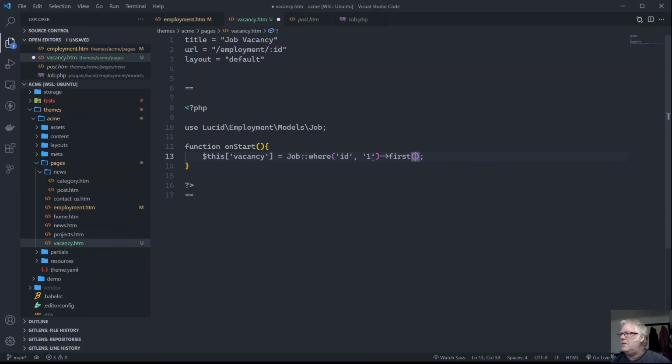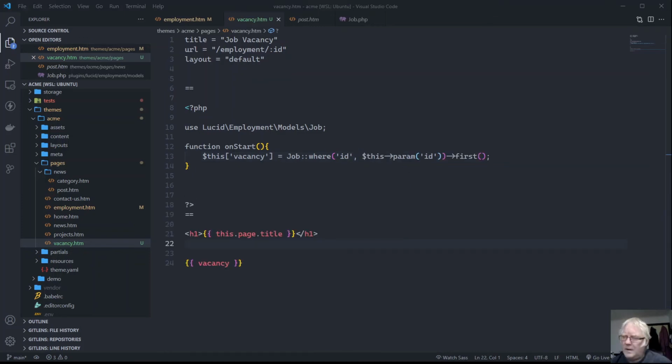Now we need to grab the parameter here. What I've done here is we've got the ID and I've replaced this with a function which gets us the parameter of the ID. So this param grabs the parameter, this ID here, and of course compares that to the ID and brings up the first record that does that. So we'll save all that